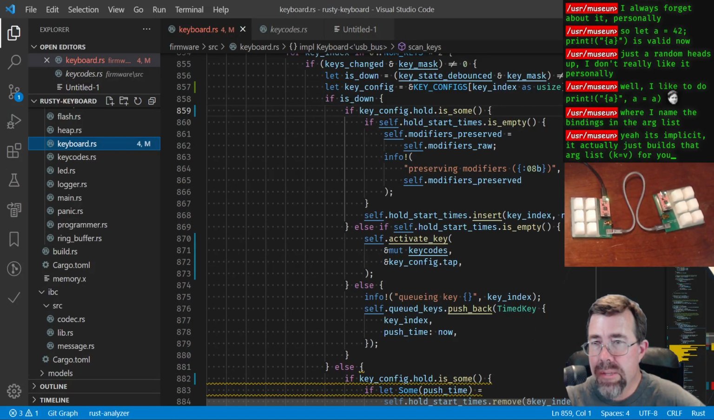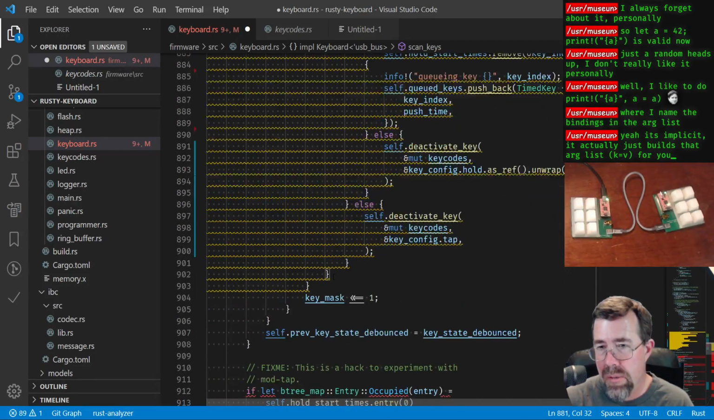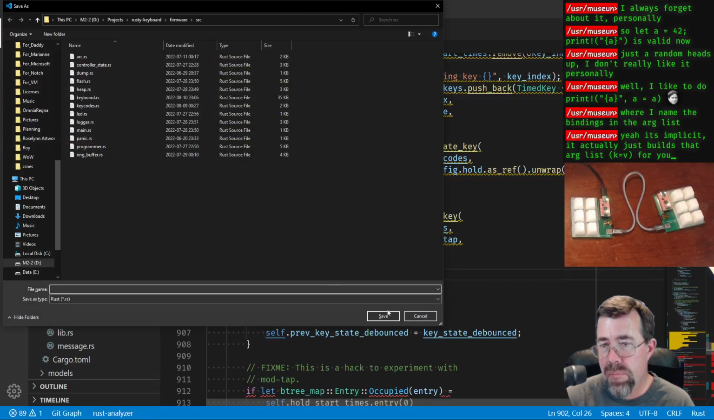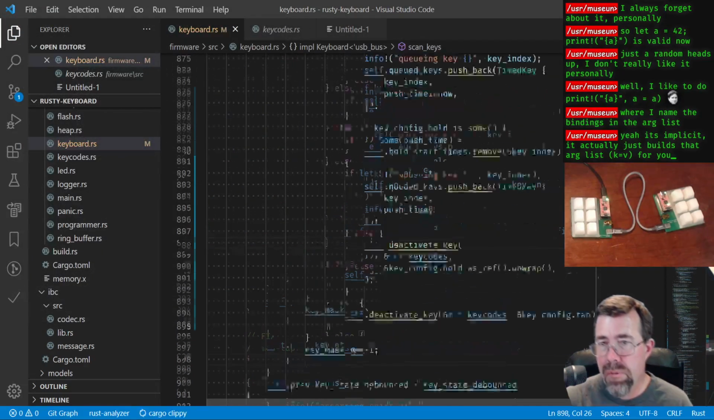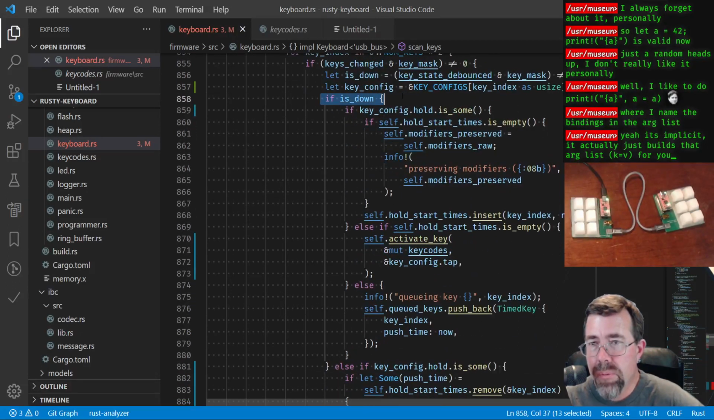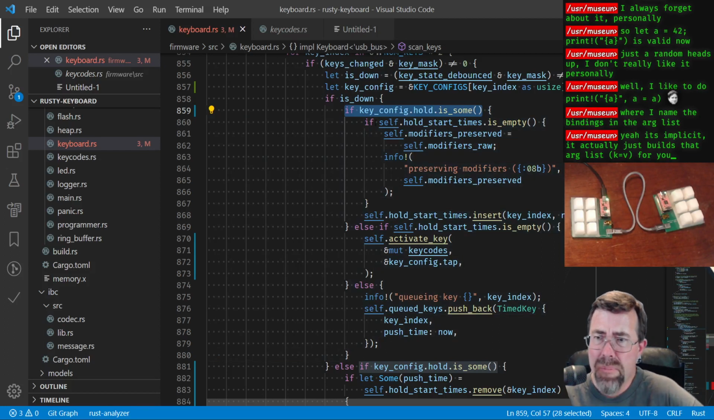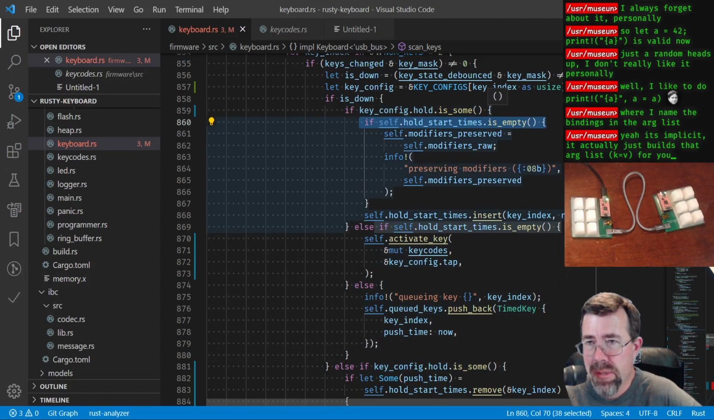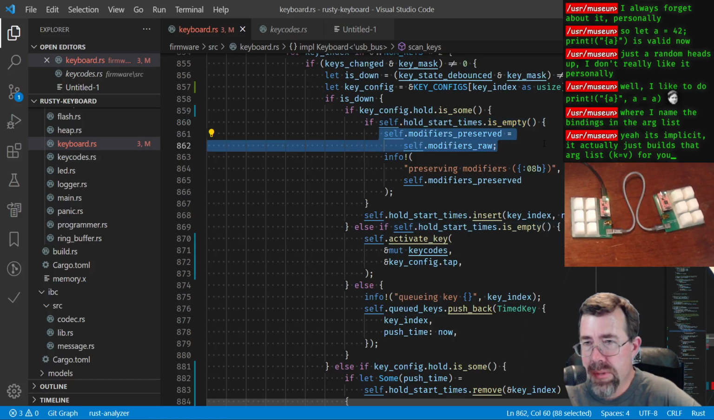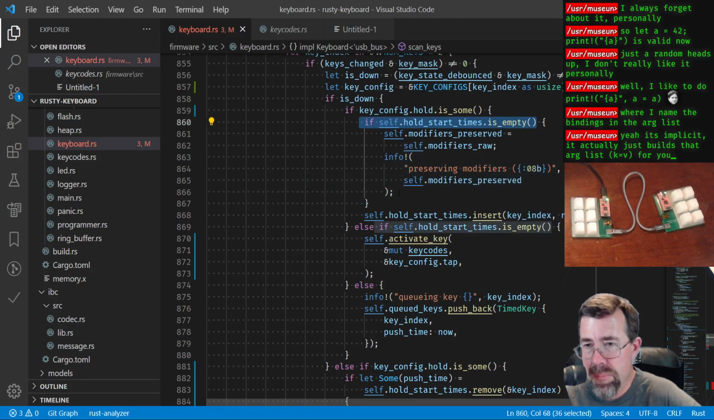So if we press down the key and it's a hold key, oh, this is telling me I probably don't need this bracket. There we go. If we're holding down the key and the key has a hold meaning, and we don't have any of the decisions pending, then we immediately preserve the modifiers and say we did so. Then, whether or not this was the first hold in pending hold, we add it to the pending hold